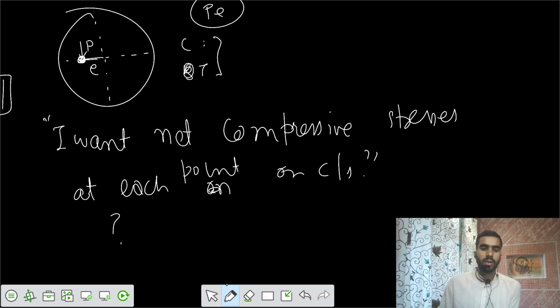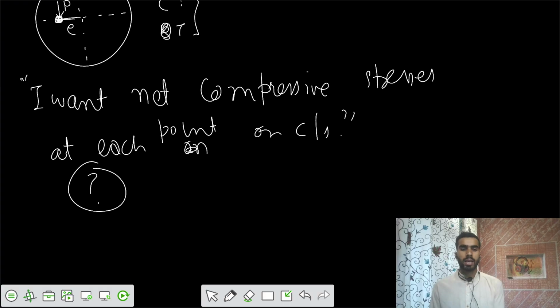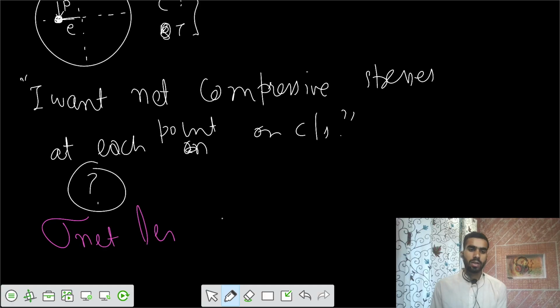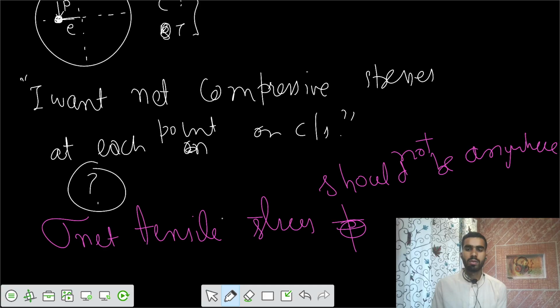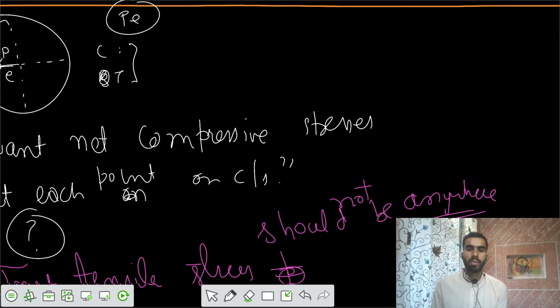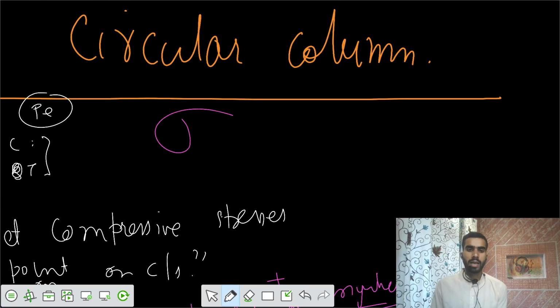So what should be the condition for that? How should I get that? That means I want that net tensile stresses should not be there anywhere. So for this condition to happen, I would say that the net value of sigma anywhere should be less